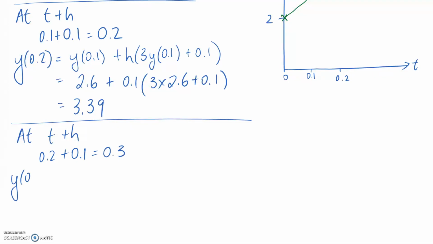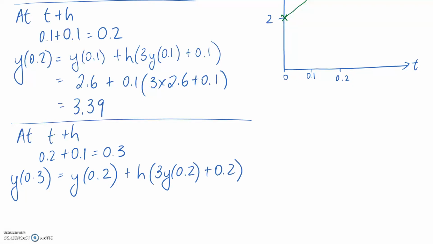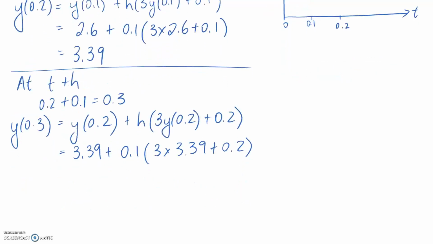We should be able to estimate what's happening at 0.3 based on what was happening at 0.2, plus h times the gradient at 0.2, which we can write as 3 times the y value at 0.2 plus the t value at 0.2. Substituting in, we get 3.39 plus 0.1 multiplied by 3 times the 3.39 again, plus 0.2. And this one works out to be